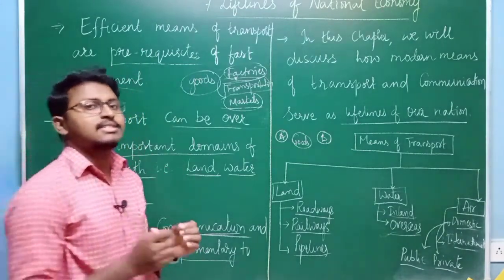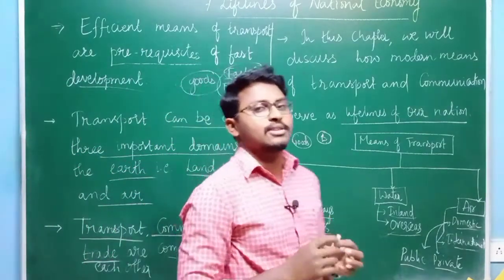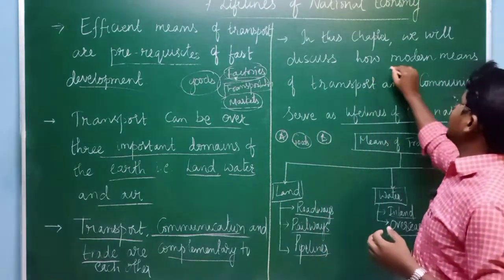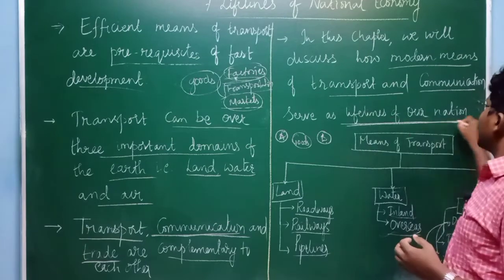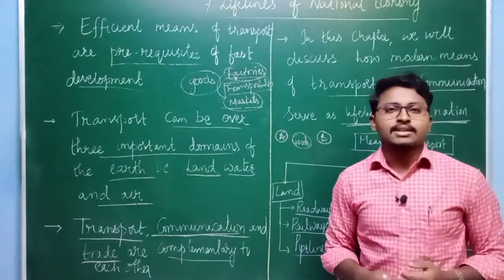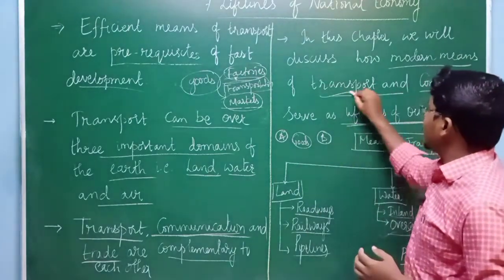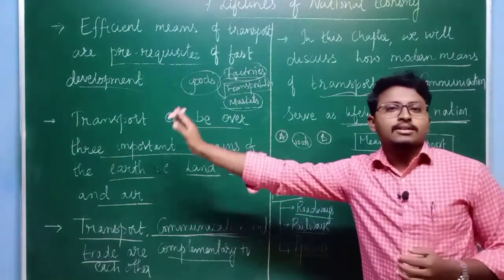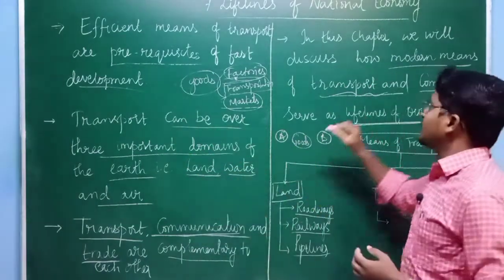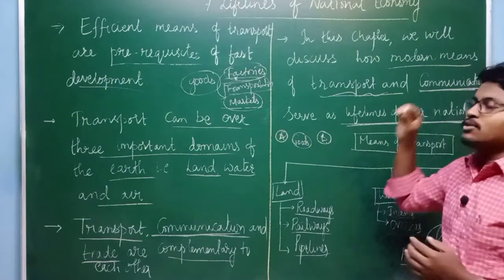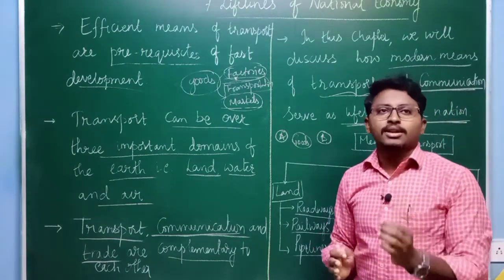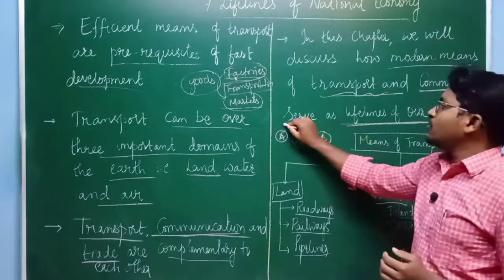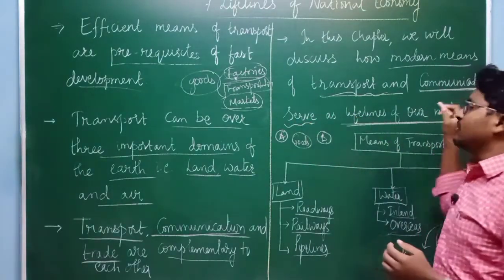In this chapter, what we are mainly trying to discuss is how modern means of transport and communication serve as the lifelines of our nation. That means the modern means of transport which is required to transport goods from one place to another, and at the same time communication. So how transport and communication play an important role, or how they serve as lifelines of